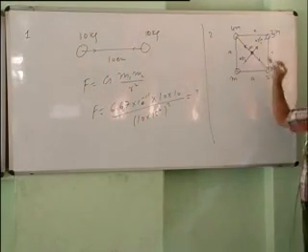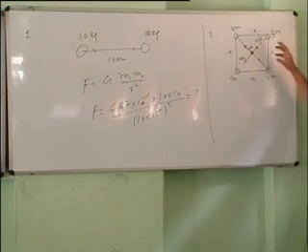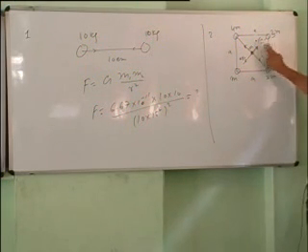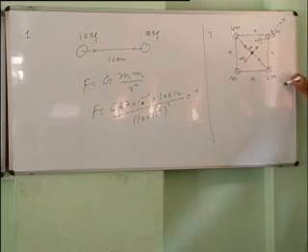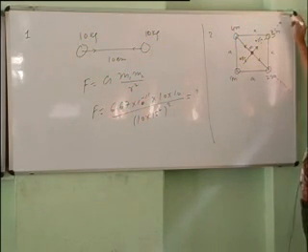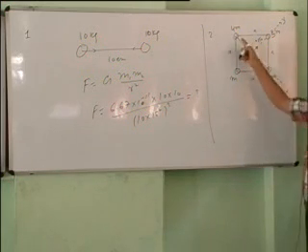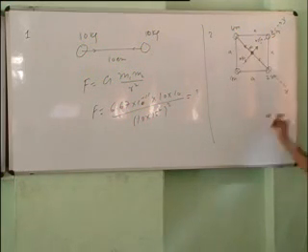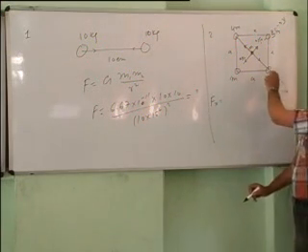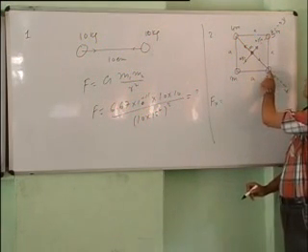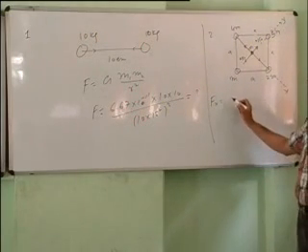So I have to find the net force. Let me take this as the x-axis and this as the y-axis, or you may keep it y-axis and this as x-axis. Can you tell me what is the net force along the x-axis? The net force along the x-axis, Fx, is equal to the force due to this minus the force due to this. The force due to this is G